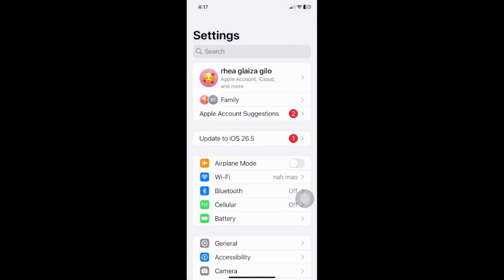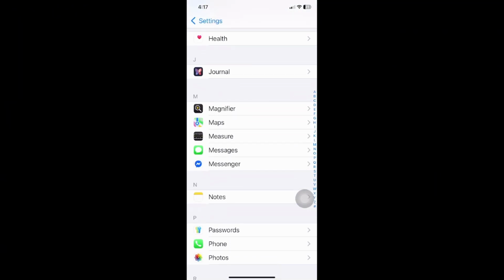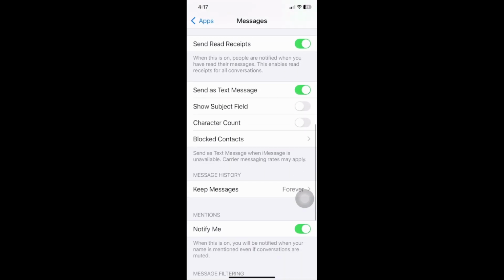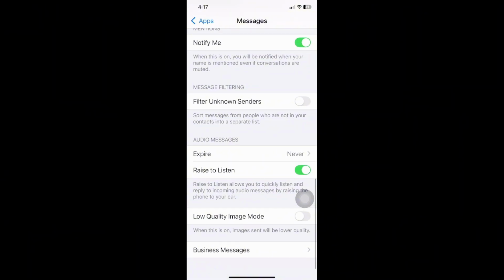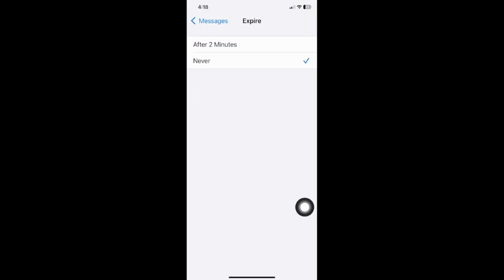Go ahead over to your Settings app right here, scroll all the way down, and tap on Apps. Now go ahead over to your Messages right here. Now scroll down and find the Audio Messages section. Make sure that the Expire option right here is set to Never, as if it's set to After 2 Minutes,